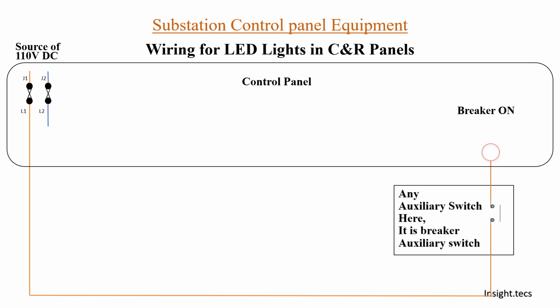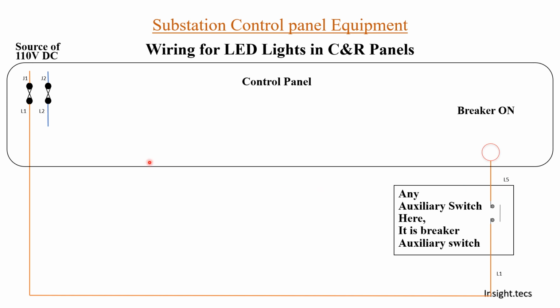In the circuit breaker there are auxiliary switches. We will use one of the auxiliary switches that is normally closed, that is, whenever the breaker is on the switch will be closed. Okay, so breaker is not on now, breaker is off, so this auxiliary switch is off right now. Okay, and after L1 now the auxiliary switch is applied over here, and after that this L1 is again now named as L5, right?